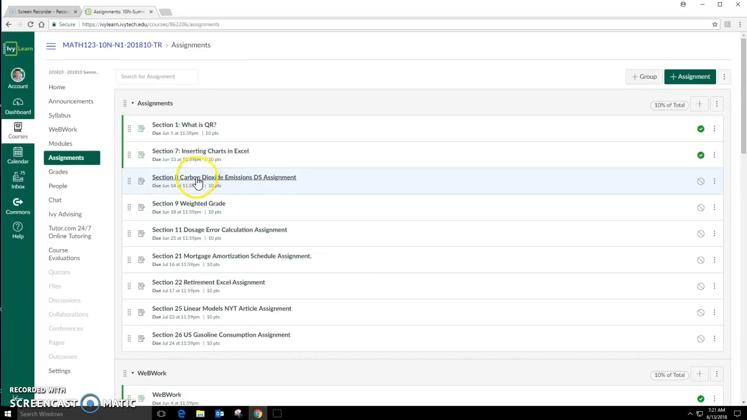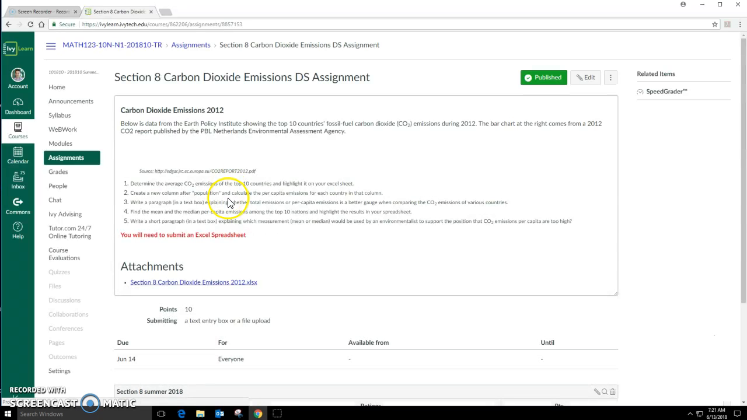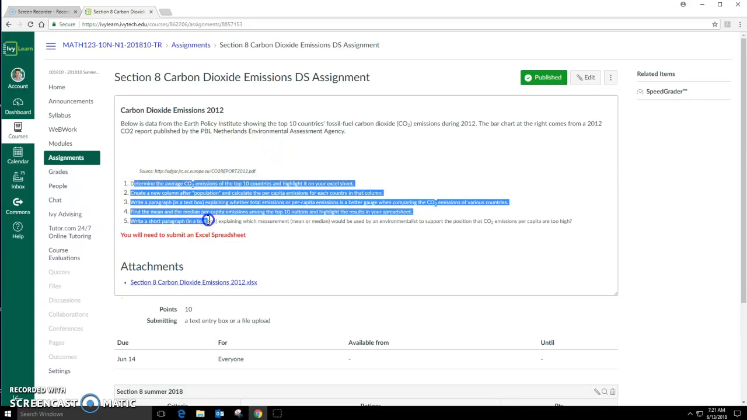So let's talk about the Section 8 assignment. So here it is. Let's go ahead and publish that. That'll be due tomorrow night, midnight. And it's on carbon emissions. So what we're going to do, you're going to open this up, and there are 5 things you have to